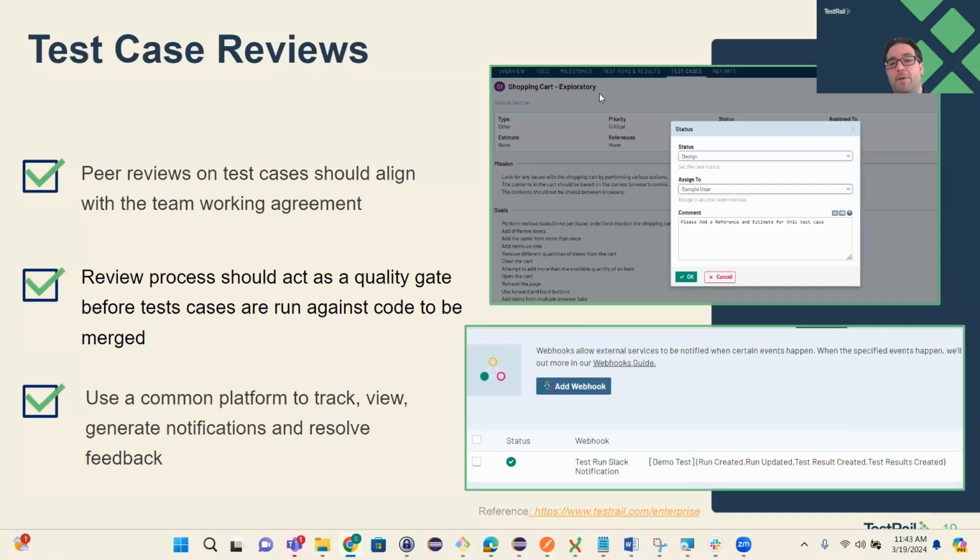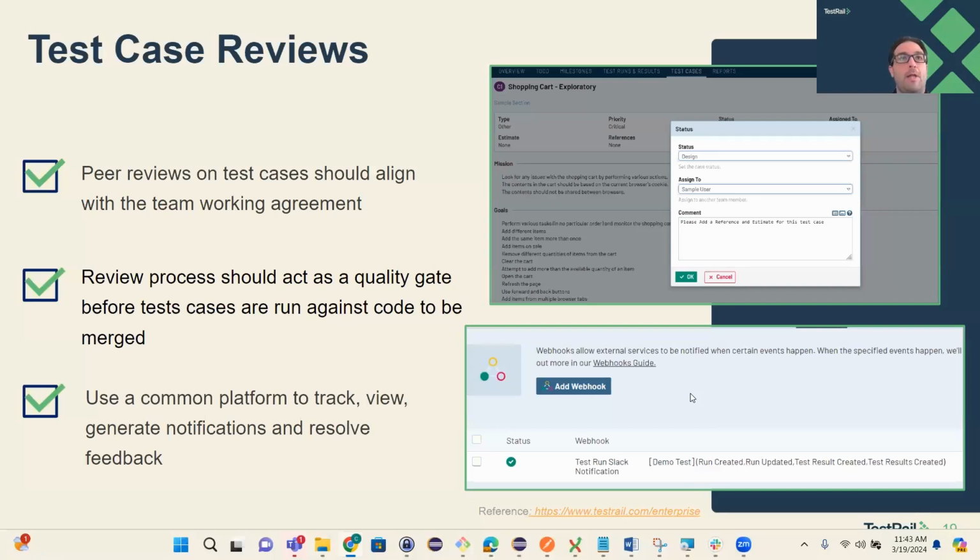TestRail has this feature or functionality of a webhook, and this is one of the ones I set up for one of our end users. It's something we were talking about: a Slack integration, for teams that use Slack, which I personally love. When a test case is created or a test run is completed, maybe we want to go and look at that.